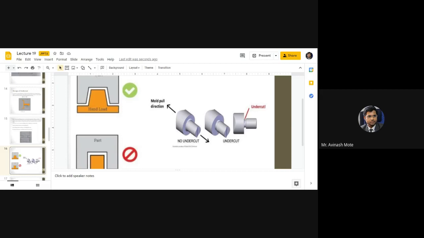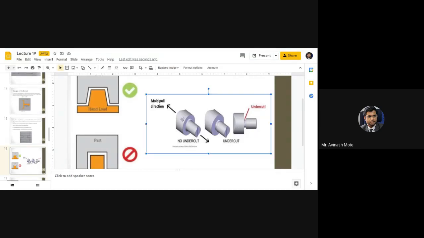Maybe for assembly purpose. You know the nut and bolt assembly. There are simply clear-cut undercuts there. Threads are nothing but undercuts. If these threads were not there, there would be no possibility of getting a nut and bolt assembly. So one is externally threaded, one is internally threaded. So one has external undercuts, another has internal undercuts. Getting it? If those undercuts were not there, the nut and bolt assembly would not be there. Simple thing. So sometimes it is unavoidable. So here it is shown, undercut.